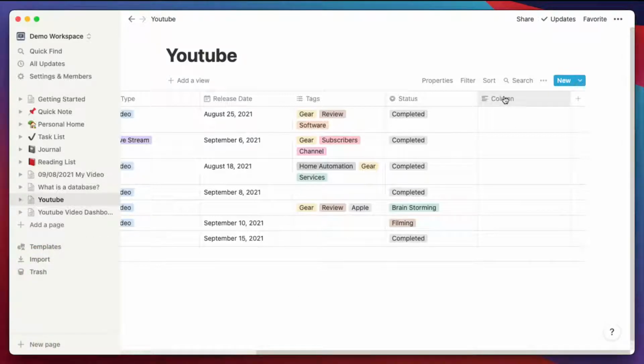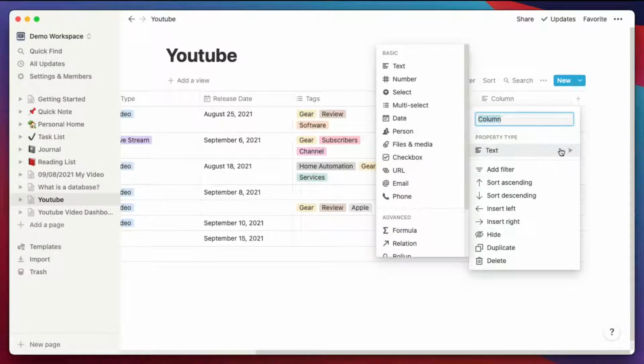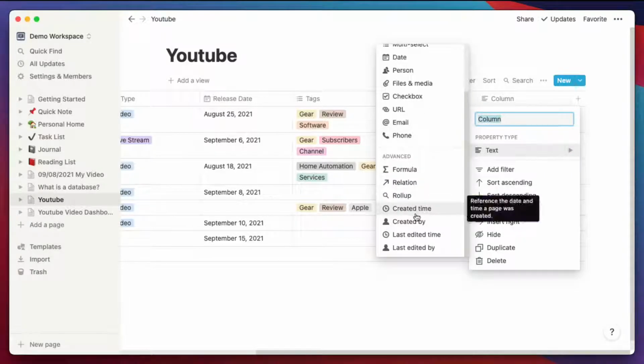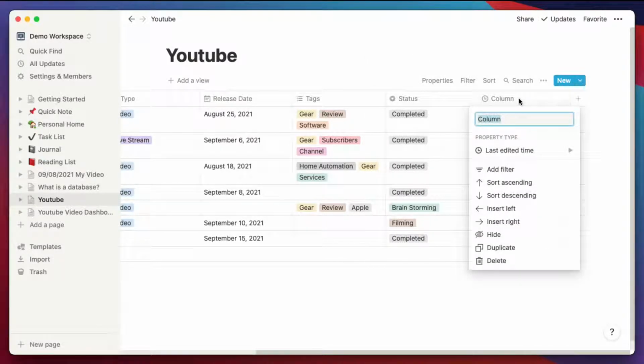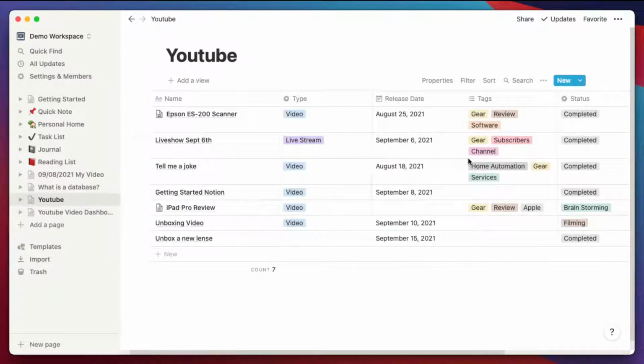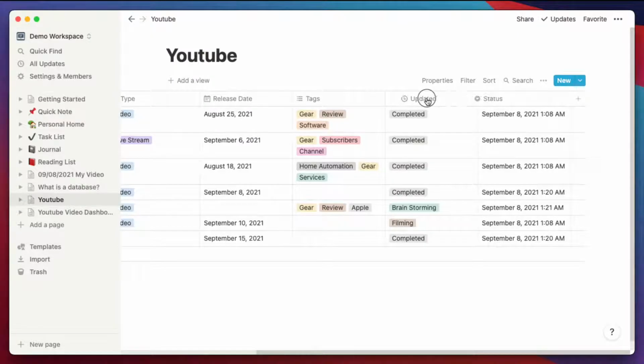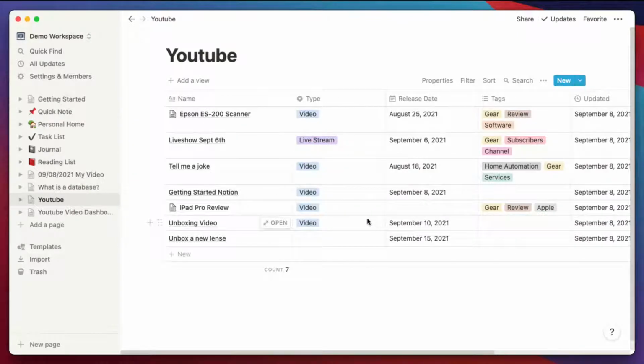So I have these columns here, and there are some built-in columns. So I can do, for example, the last edited time. If I want to keep that up, I can say updated, right? There are different things we can do, and I can just move these around.